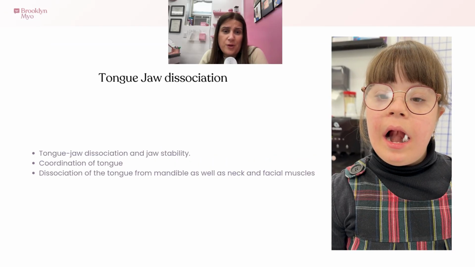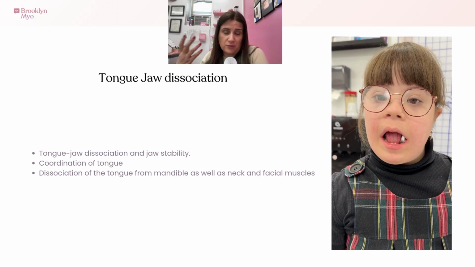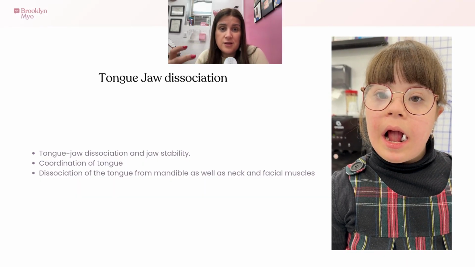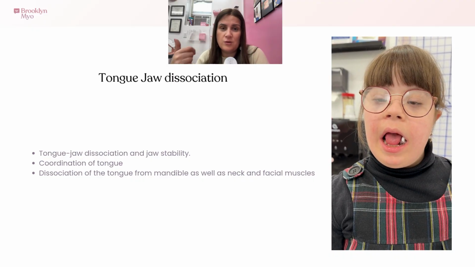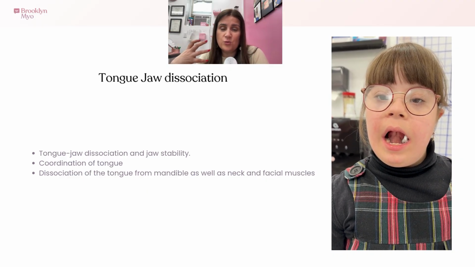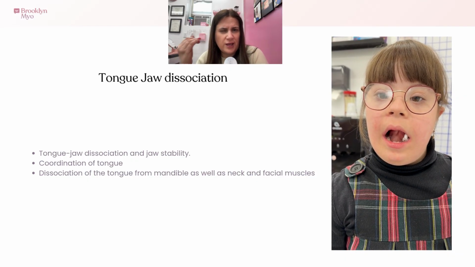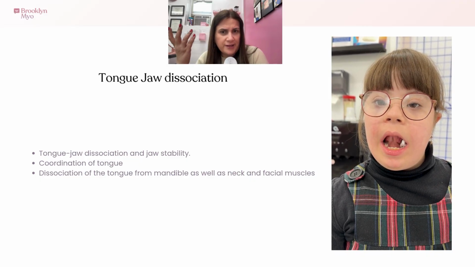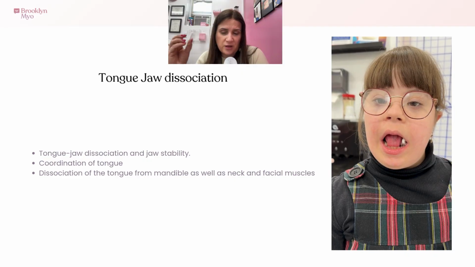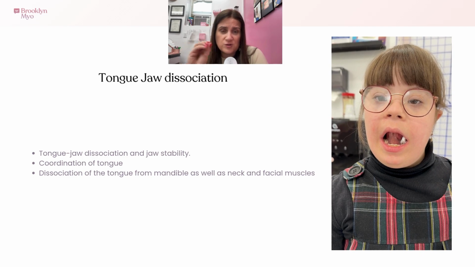So here's an example of a skill that we address in therapy. You could call it an exercise, but really this tongue-jaw dissociation is a skill that is required for proper chewing and swallowing and for clear speech. Very often, kids come to us with imprecise articulation, and sometimes you do, let's say, a Goldman-Fristoe, and you can't find any specific phoneme that they're distorting, but their speech is very unclear. That's because their tongue and jaw are moving together as one unit,